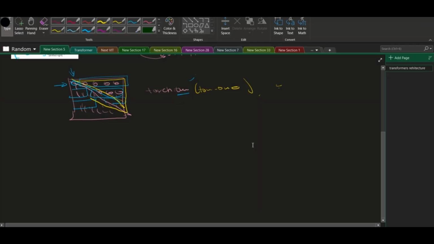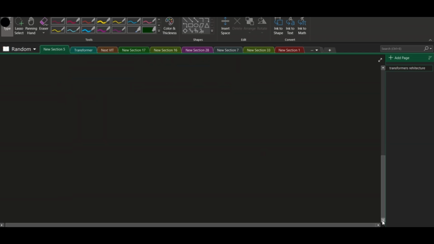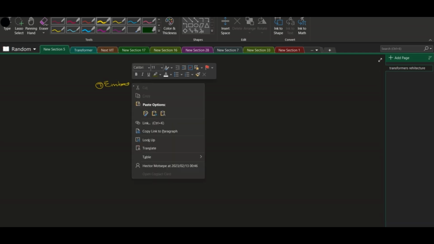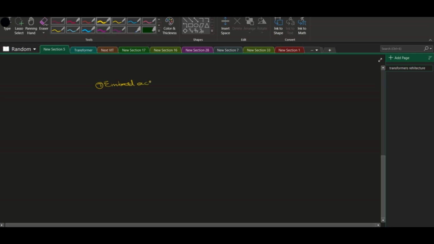So this is what we're going to get into now, right? The first step is that we create a vector for each input. So we need to embed each word. For each word, we create what we call a query. We create a key and a value vector,